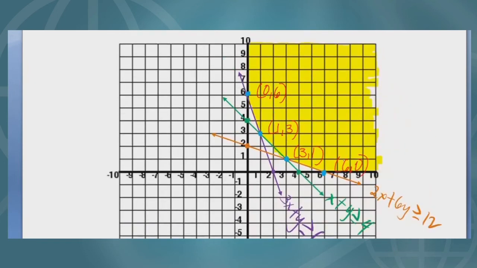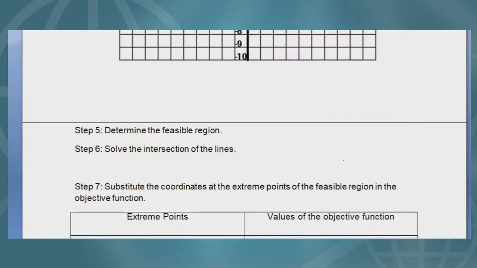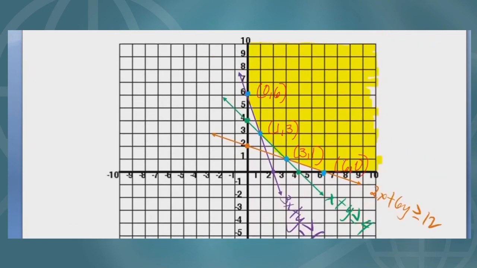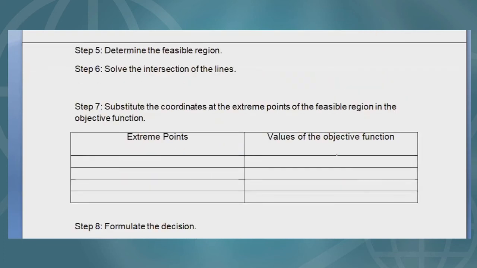Then, we have 4 extreme points. Now, we're done in determining the feasible region. Step 5. Step 6, solve the intersection of the lines. They fell exactly or drop exactly in the corner. So, madali sila ma-distinguish. Then, step 7, substitute the coordinates at the extreme points of the feasible region in the